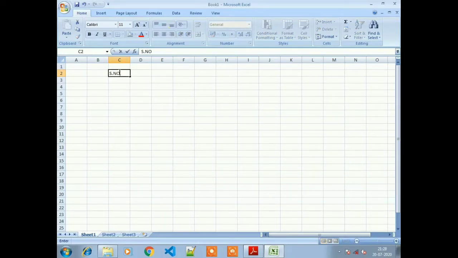So firstly we need to type any data in a spreadsheet like a serial number, name, class and section. Okay, so there is some data we are typing: serial number 1 2 3 4 5 and the names of the students like Pawan Kumar, Sanjay Singh, okay, and like Mukul Sarma